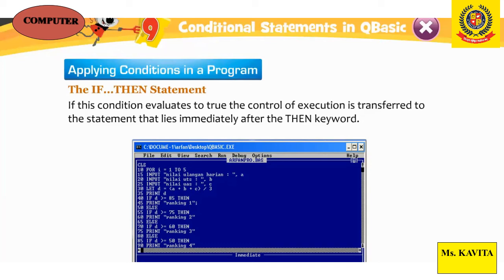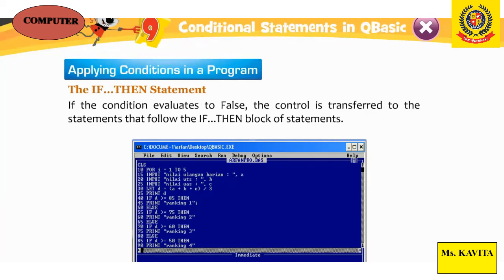This is false. If it is a false condition, you will apply statement block 1. If it is true, then another statement block 2. You can draw this flowchart in your notebook.